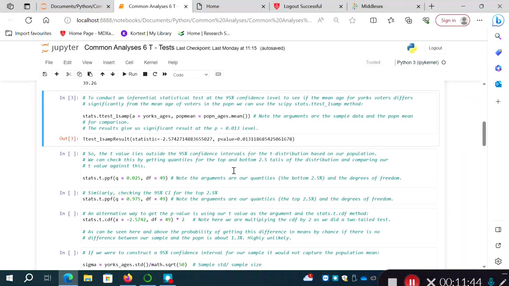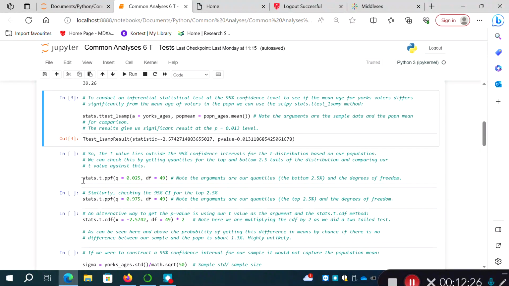So what we know is the t-value lies outside the 95% confidence intervals for the t distribution based on our population, and we can check this by getting quantiles for the top and bottom 2.5% tails of the distribution. If we're not making a directional prediction here as to whether we expect it to be younger or older, then we're splitting the significance across the two tails, 2.5% in the upper part of the tail, 2.5% in the bottom part. So we can obtain this by using